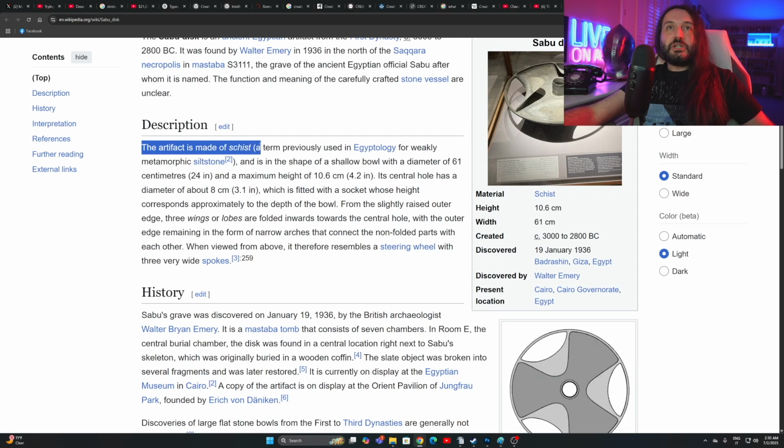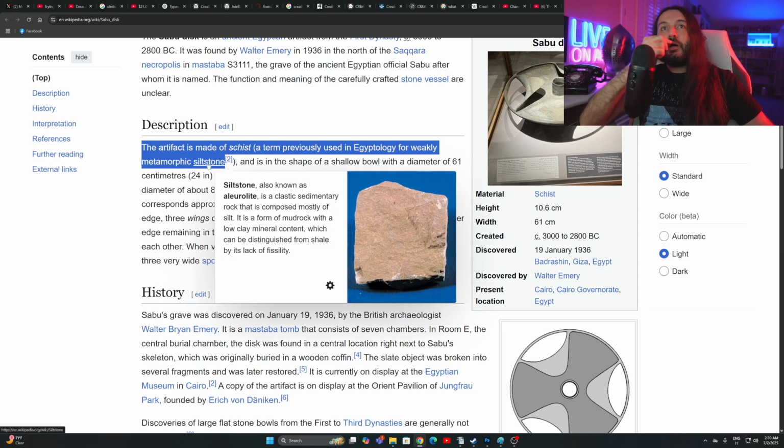The artifact is made of schist, a term previously used in Egyptology for weakly metamorphic siltstone. Siltstone, also known as aleurolite. Goodness gracious, one out of three I was hoping would be easy to pronounce. Well, I guess siltstone, maybe. Is a classic sedimentary rock that is composed mostly of silt. It is a form of mud rock with a low clay mineral content, which can be distinguished from shale by